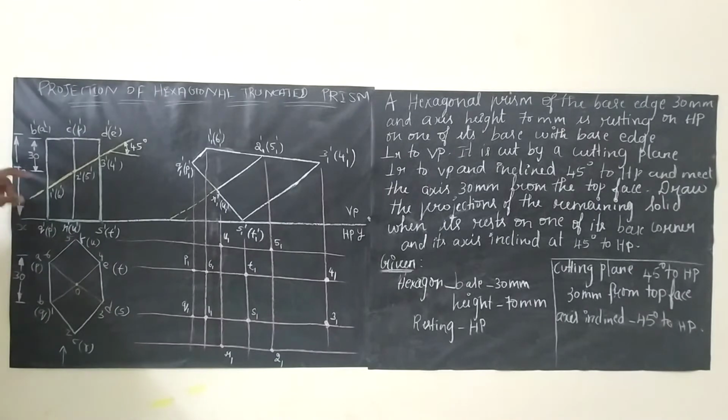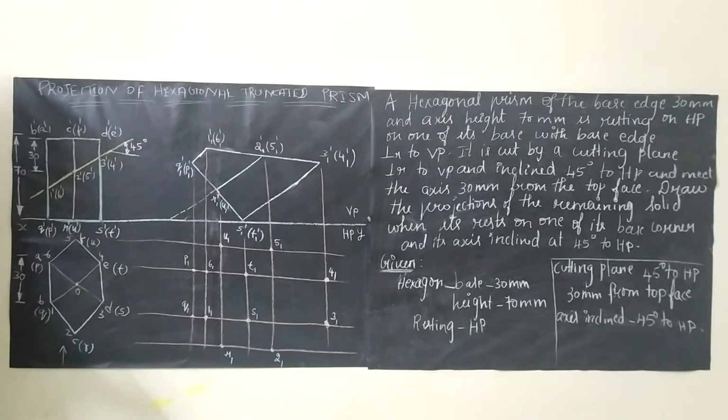One thing I just forgot to tell, that is after fixing the cutting point, see here the 1 dash is lying between B and Q, right? So BQ here will be getting 1. 2 is lying between C and R. So CR means here we will be getting 2. 5 is between F and U. So F and U will be having 5. Similarly 1, 2, 3, 4, 5, 6.